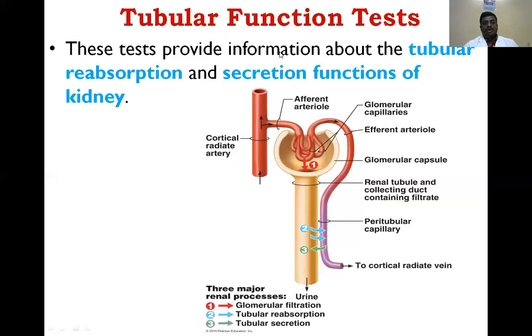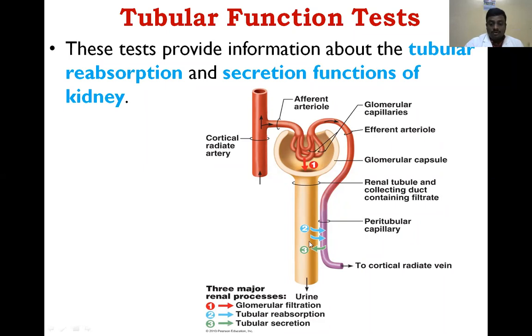So that is about glomerular functions. Next, we need to know about tubular function tests. We have completed the glomerular part. Next, we need to know about the continuation of the nephron, the different tubules: proximal convoluted tubule, loop of Henle, distal convoluted tubule. Whether these tubules are working or not, we estimate that, and that is called a tubular function test.